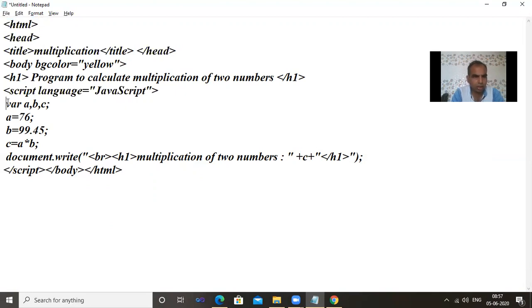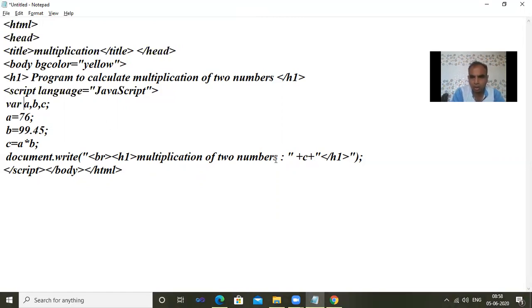Now I declare variables here with the keyword var. Var is a keyword to declare any variable, which assigns the values A, B, C. So A is equal to 76, B is equal to 99.45. Now C is equal to A into B. So document dot write displays with the HTML tag: break, heading 1, multiplication of two numbers. Heading 1 shows the largest heading.